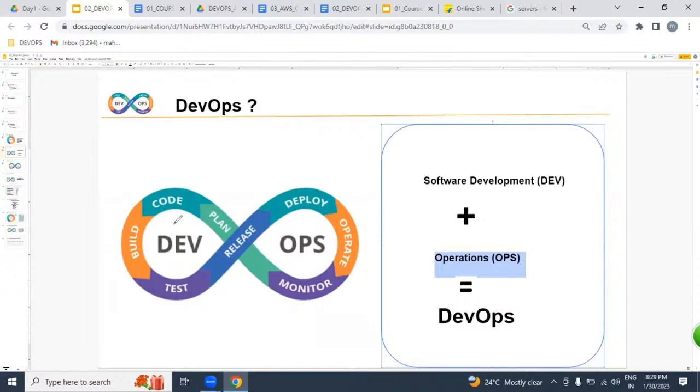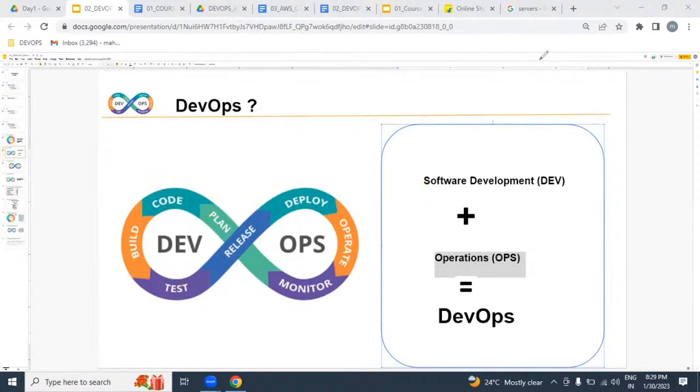That means our roles and responsibilities start from where? The dev environment. Ends where? Operation. That means we are part of coding, build, testing, release, deploy, operation, and monitoring. So we are going to implement it this way. But to be frank, we are not writing any code. Sorry, we are not writing any test cases. We are just implementing a DevOps process.